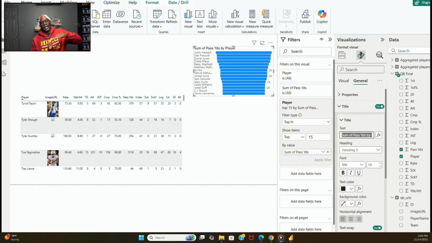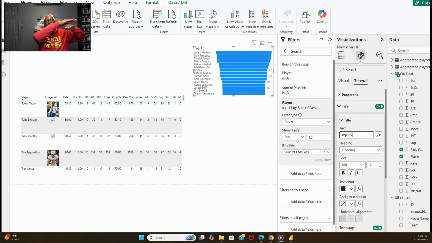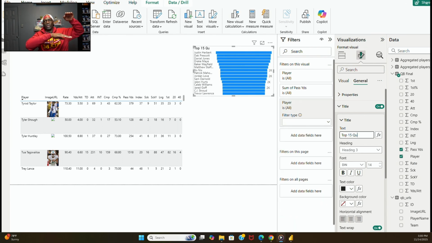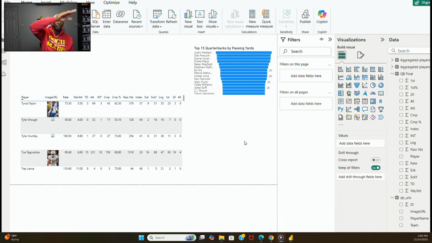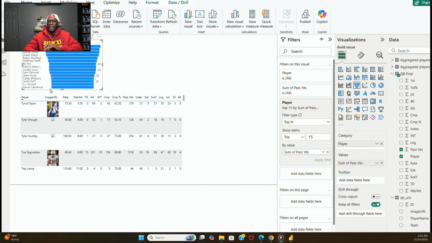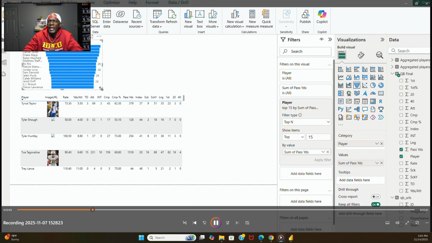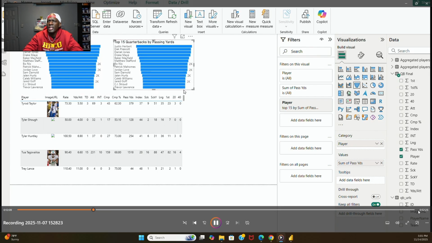One quarterback may have 10 passing yards, one may have 100, one may have 200, one may have 500, one may have 1,000. So the lowest quarterback could be at the bottom, and the one with the highest amount of passing yards could be at the top. Or it could be vice versa. The quarterback with the lowest amount of passing yards could be at the top, and it could go all the way down to the bottom level, where the highest quarterback passing yards could be at the bottom. So as we see here, we are looking at the quarterbacks by passing yards,